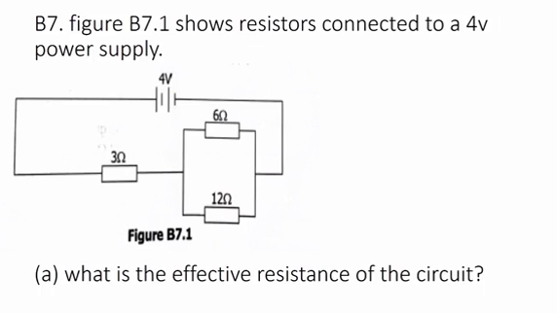Combined resistance. So the question is, what is the effective resistance of the circuit? Okay, so what they want us to find here is to calculate the total resistance. Of course, we have three resistors here. We have 3 ohms, we have 6 ohms, and we have 12 ohms. Okay, so we are going to use